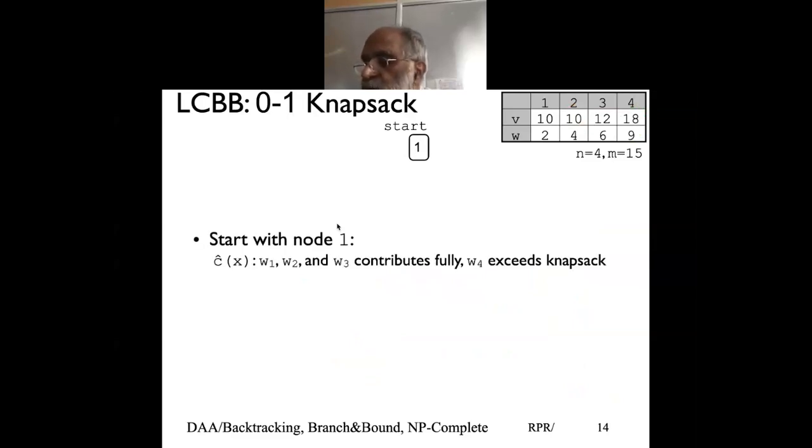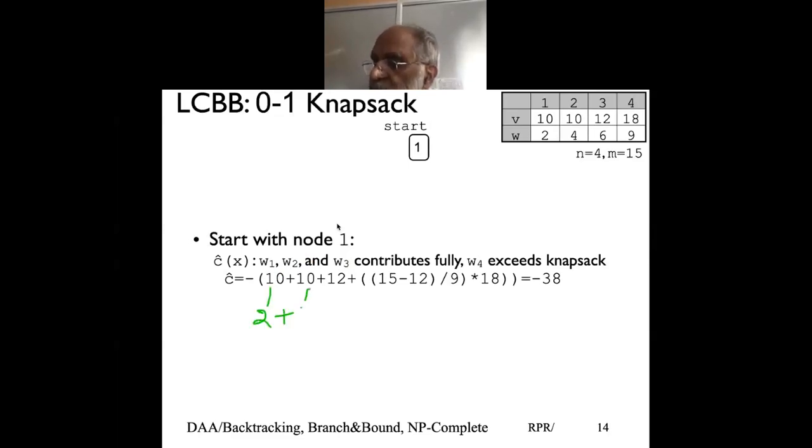So if we look at the root node, as I said, the first 3 nodes contribute fully, and the last exceeds the capacity. So I take the first 3 nodes in full, and for the last node I take a partial weight. These 3 nodes give me a weight of, this is weight 2, this is weight 4, this is weight 6, which already gave me a weight of 12. My capacity is 15, so 15 minus 12 is the partial weight I need to include